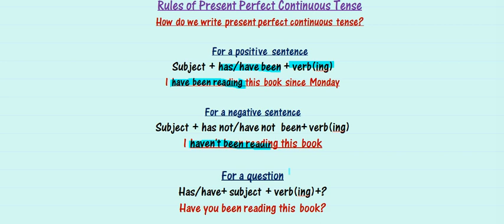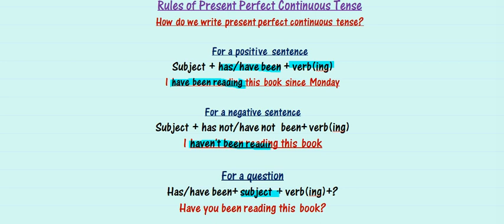If you have to write a question using the perfect continuous tense, in such a situation, you will be using has or have first, then been will come, and then your subject will come in the center, and then the verb in the ing form will remain same like in all the forms. So the only point to remember while using it in a question form is that the subject will come in the middle and has, have will come first.